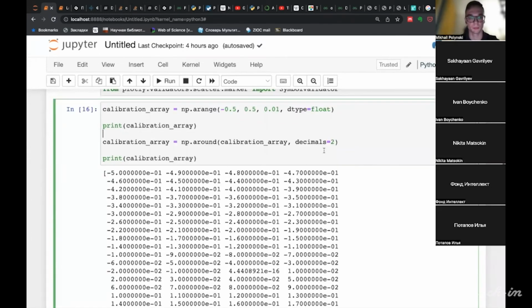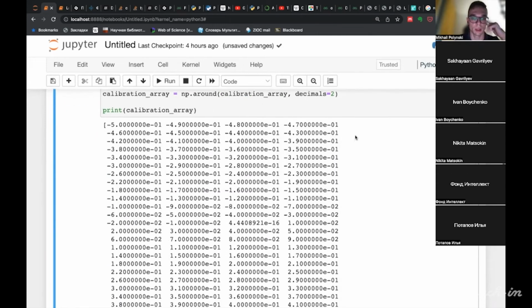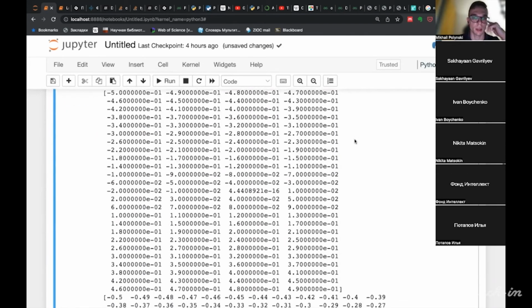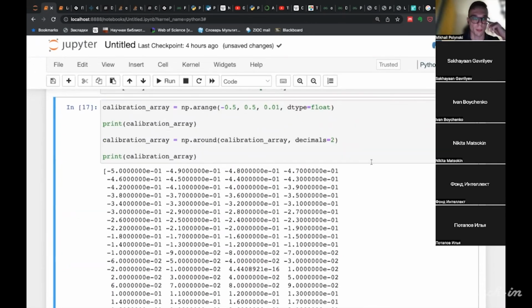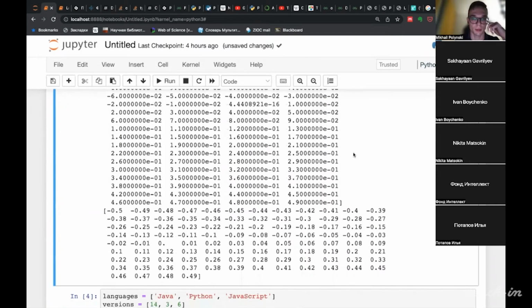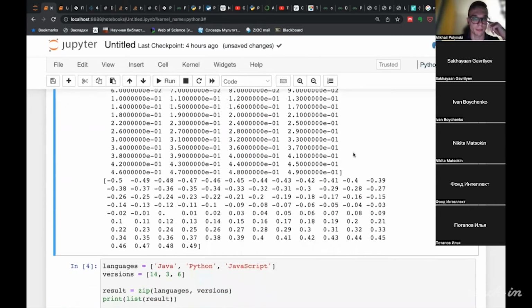So by executing these commands, for example, we create an array with float numbers, so that approximate real numbers, at least rational ones.